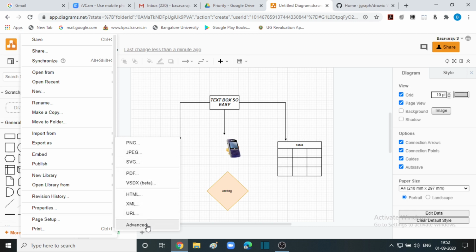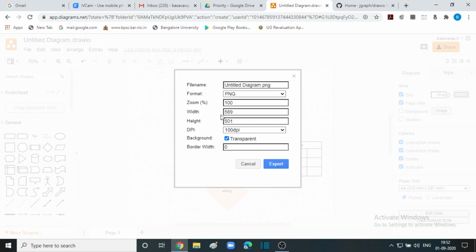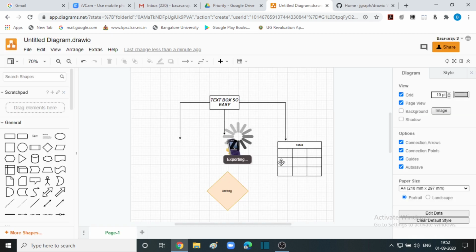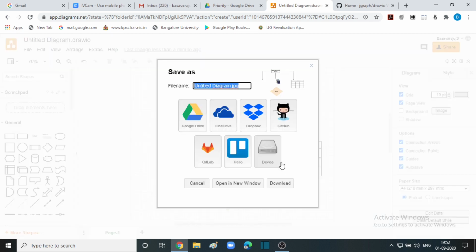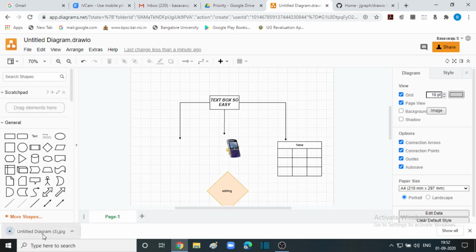Very important thing is I'll go to advanced and increase this DPI to 400 or 600. I'll just enter 800 so that the clarity will be very good. Just click JPG and just click export, and yes, you can download it to your device that is already here.